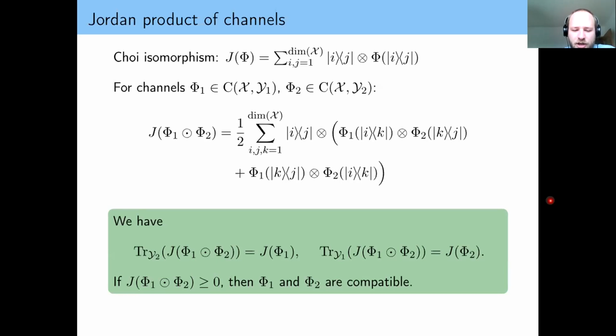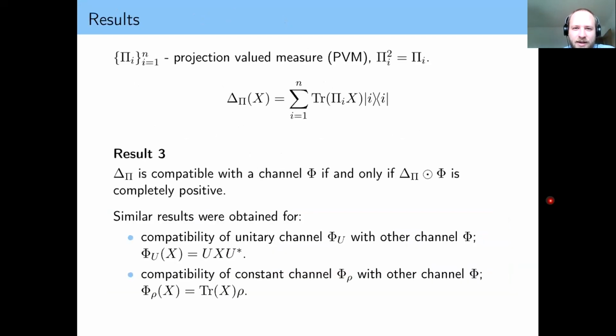if you want to do something about compatibility of channels. But by the extent of the previous result, we can also apply this to the quantum marginal problem once we use the trick with the Moore-Penrose inverse to transform the quantum marginal problem into compatibility of channels. Okay, but now there is a natural question: is there more? Can we do more? And well, yeah, we can prove some more results,